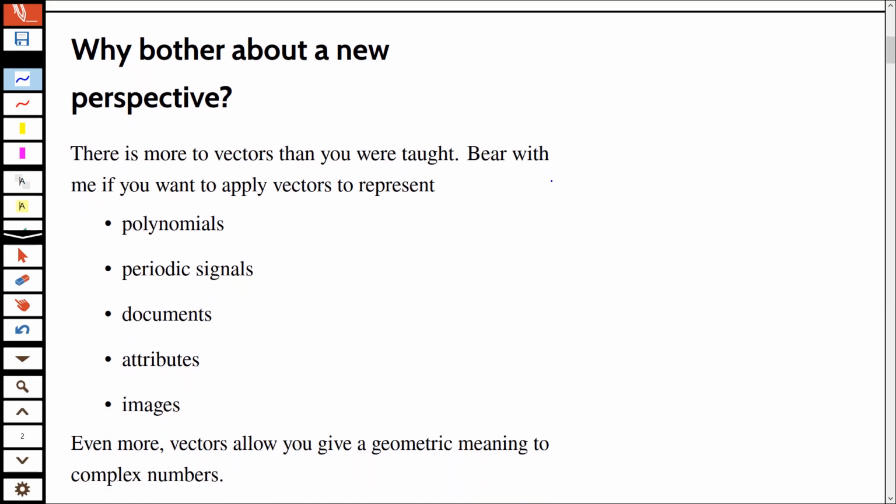You should watch this video if you want to apply vectors to polynomials, to periodic signals, even to documents, attributes in machine learning, and images. And even more, this new perspective allows you to give a geometric meaning